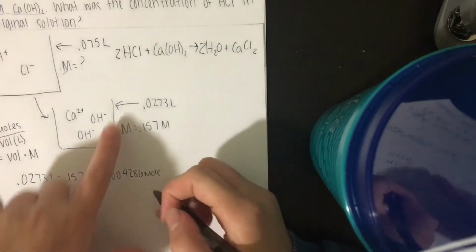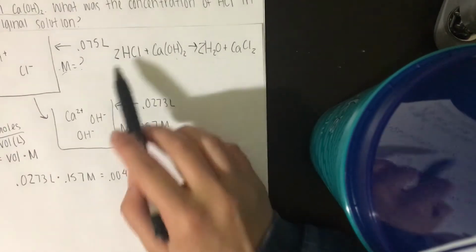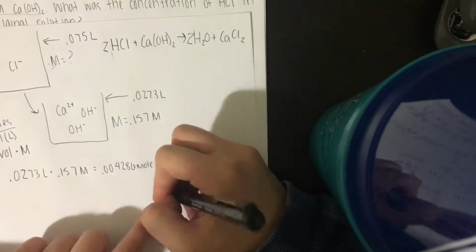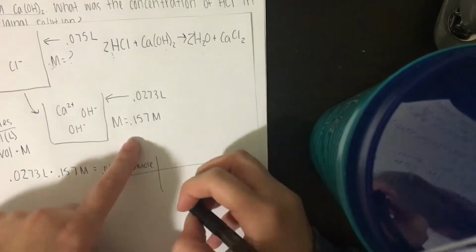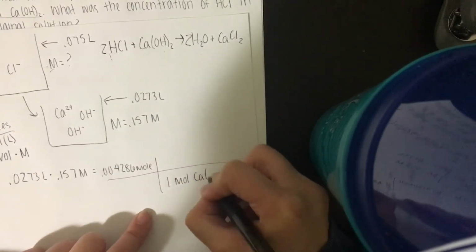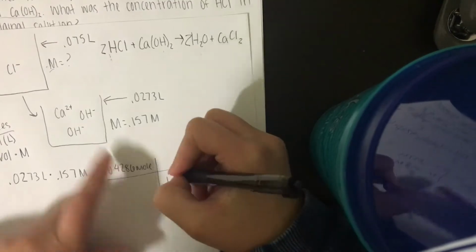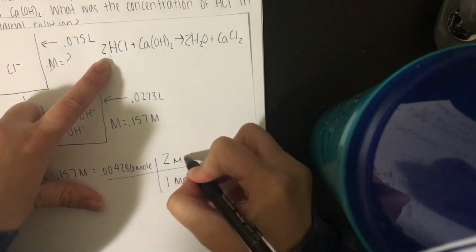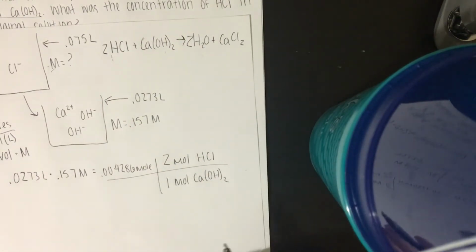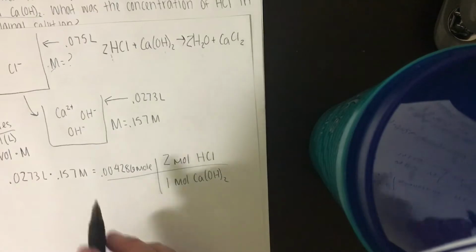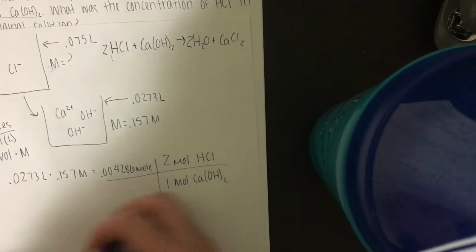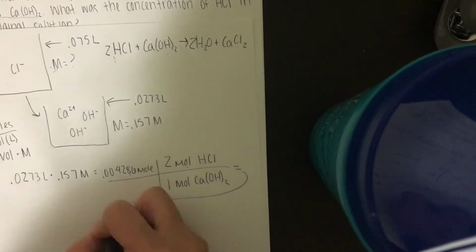Okay, so we have the moles of the calcium hydroxide, and we need to get the moles of the hydrogen chloride. So we're going to divide by moles of calcium hydroxide, which is 1 mole of Ca(OH)2, and on the top you have 2 moles of hydrogen chloride. Whenever you work that out, it'll give you the moles. So we're going to multiply that by 2,